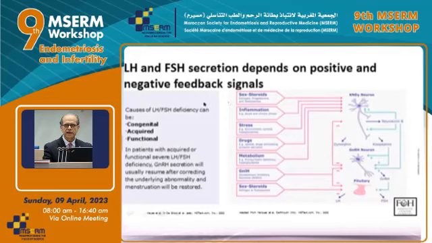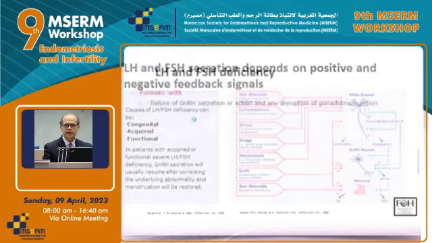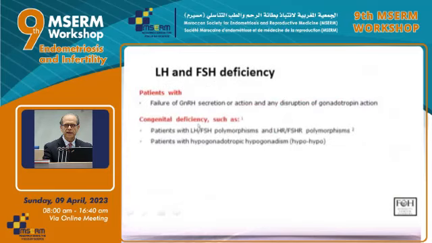Now, LH and FSH secretion depends on positive and negative feedback signals, and you can see here a lot of possibilities that can affect this axis of hypothalamus, pituitary, and ovary. And there are different situations where we shall have deficiency of LH and FSH. This can be congenital, acquired, or a functional situation. And a failure to generate secretion or action on any disruption of gonadotropin action is defined as LH-FSH deficiency, and